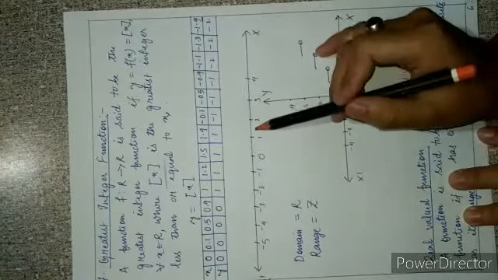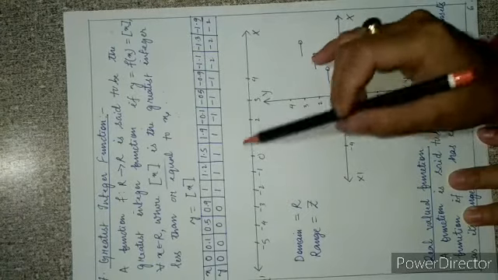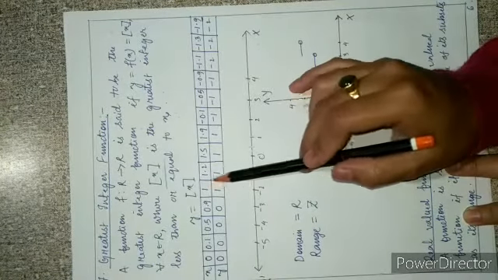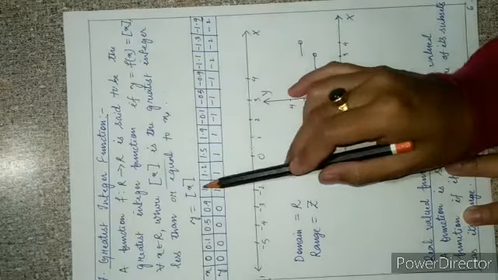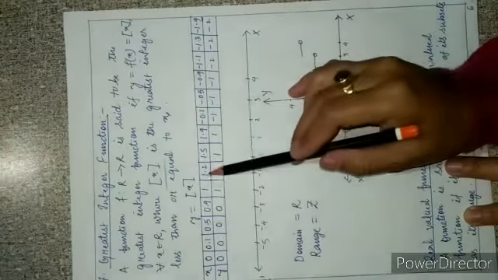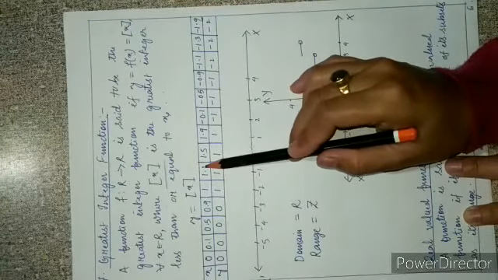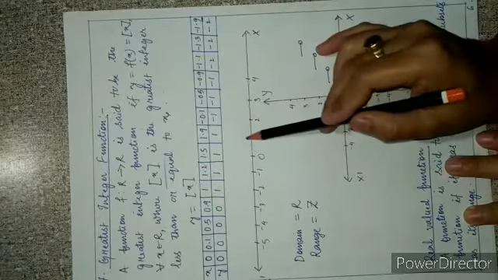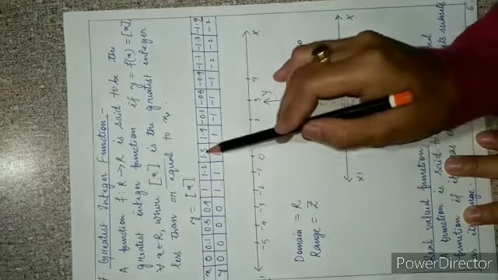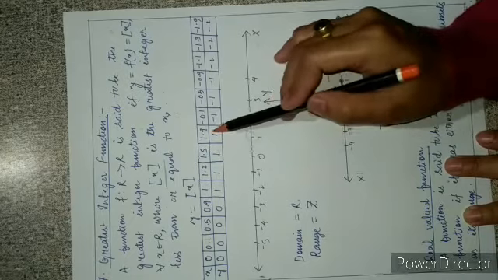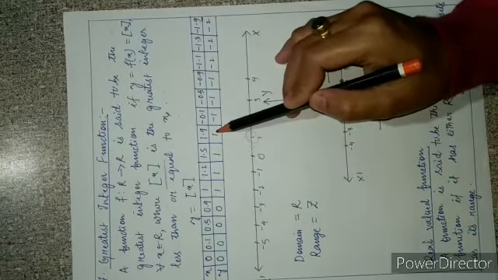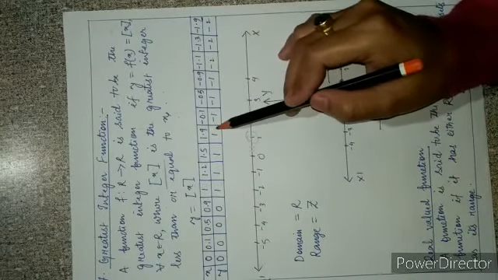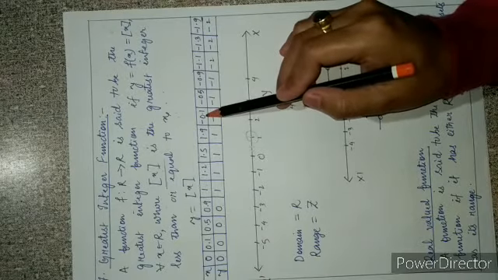If x is equal to 1, since 1 is an integer, 1 is mapping to 1. If x is equal to 1.2, find the greatest integer which is less than 1.2, which is 1. 1.5 is mapping to 1, 1.9 is mapping to 1. If x is equal to 2, y will be equal to 2. Now the negative terms: when x is equal to -0.1